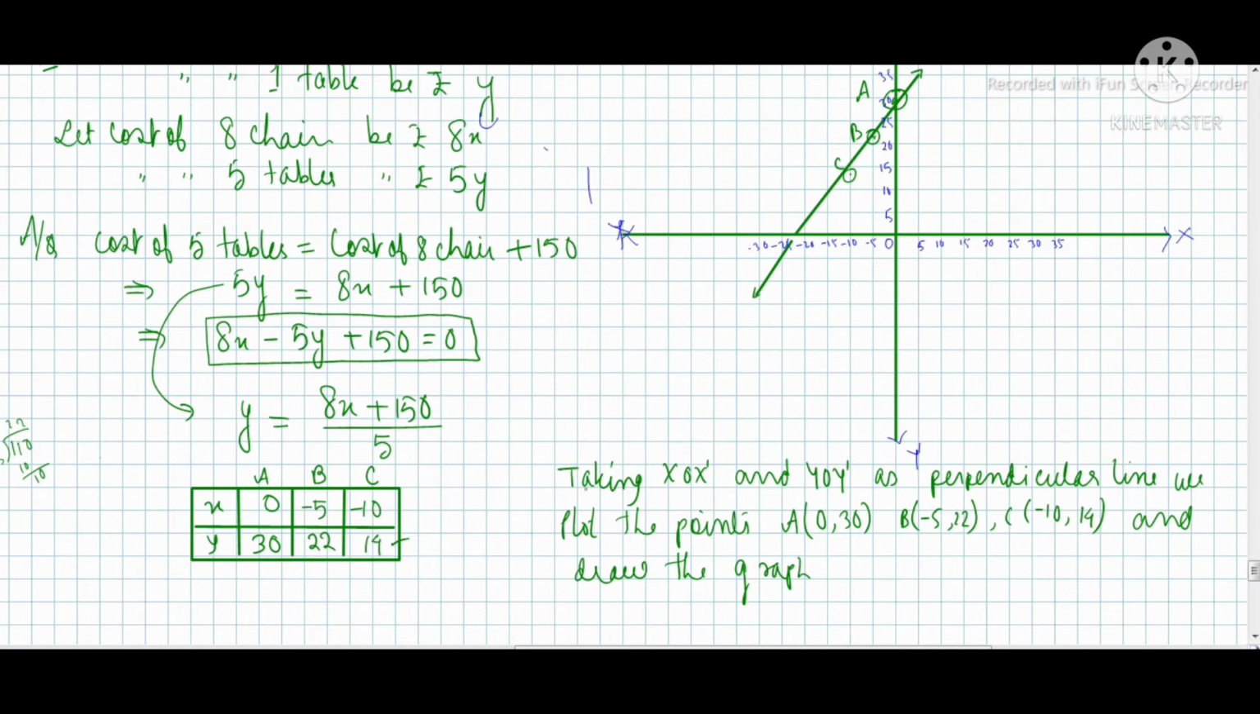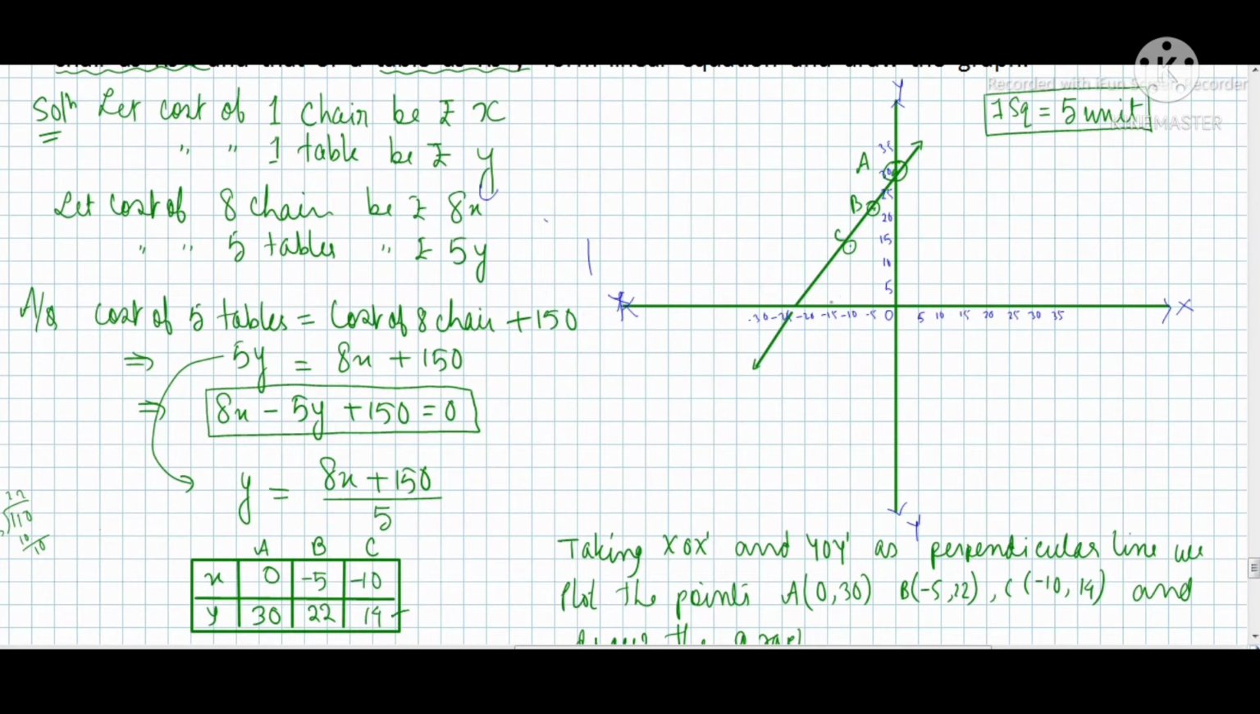So taking X'OX and Y'OY as perpendicular lines, we plot the points A(0, 30), B(-5, 22), C(-10, 14), and draw the graph. Now we have drawn the graph. You see,